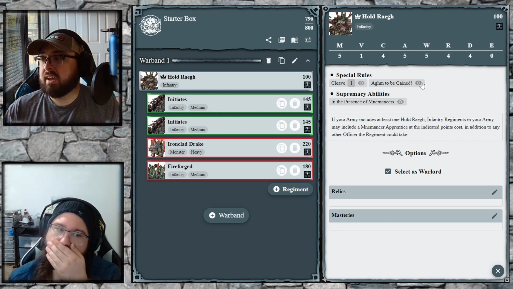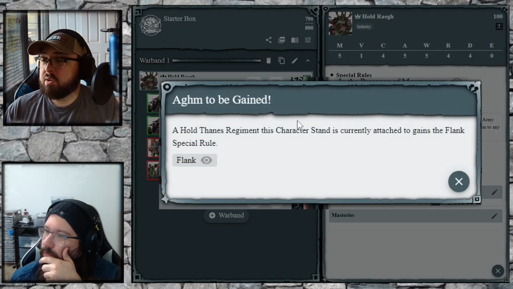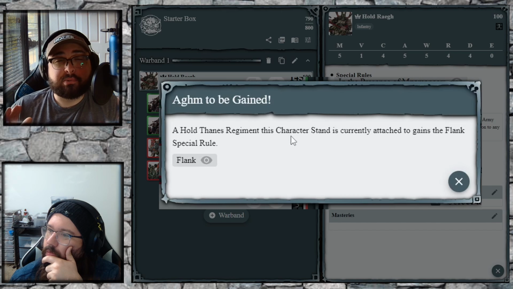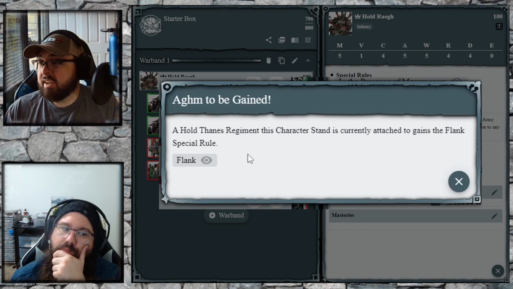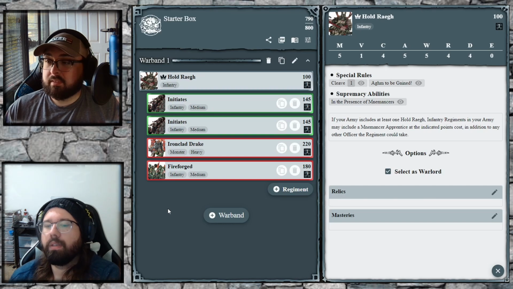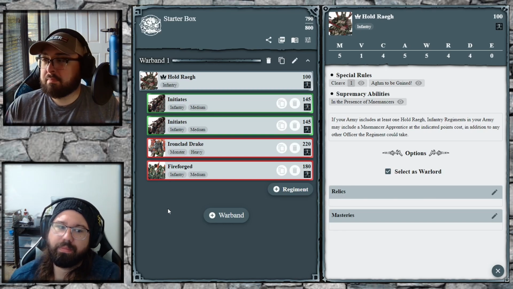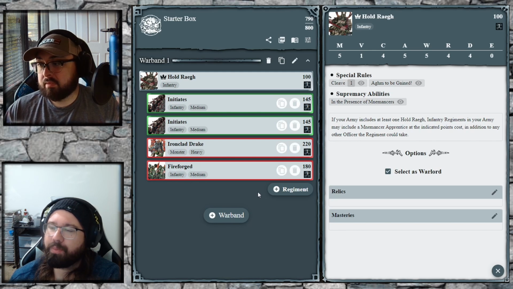And secondarily, he has the special rule here, Aghm to be gained. Where if you take him in a Holthane's regiment, which we won't be doing here, he gives that unit flank, which means you could come in automatically. Holthanes are not in this box, so we won't be getting use of it, but it is a thing to note because you're going to have this hero for the rest of your army. And flank is pretty